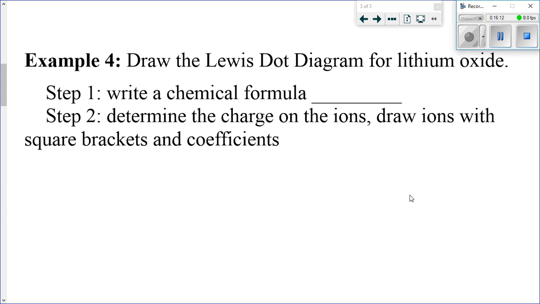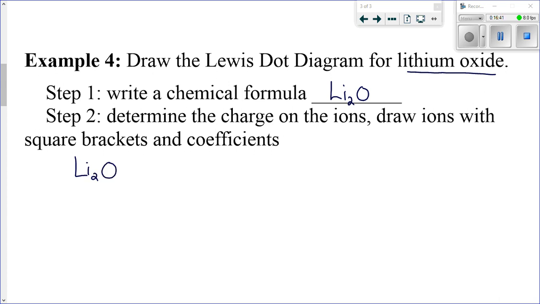Okay, so now, when drawing a Lewis dot diagram for an ionic compound, the first step is to write a chemical formula. For lithium oxide, the chemical formula will be Li2O. Then we will determine the charge on the ions and draw ions with square brackets and coefficient. So we have